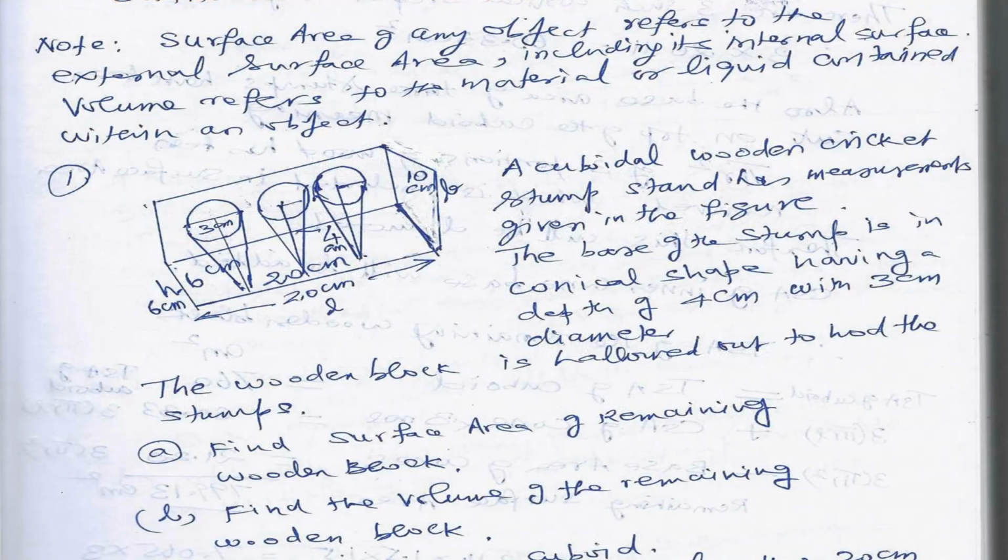In the next slide, you will see a problem. A cuboidal wooden cricket stump stand has measurements given in the figure: 20 centimeter length, 10 centimeter breadth, and 6